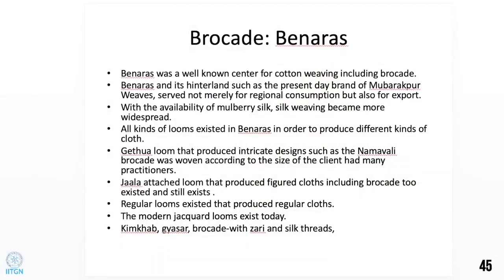Now we come to Banarsi brocade. It was a well-known cotton weaving center, and silk came only in the 18th century. Because of widespread availability of mulberry silk, silk weaving became much more common. All kinds of looms exist in Banaras because the Gujarati weavers have migrated and taken their looms, and other weavers nearby. Because there was continuous trade, there were continuous livelihood opportunities available, and they were very proficient in capitalizing on new technologies and innovations,